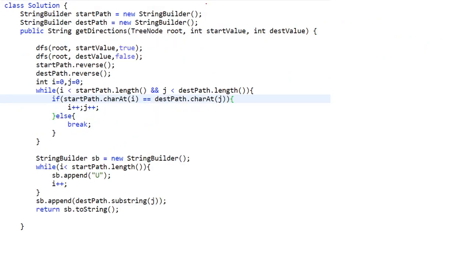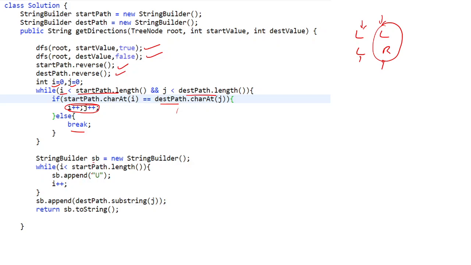Now the path I was talking about. Once you have done DFS for the start one and DFS for the destination one, and you have reversed those to get the values, I have taken 2 pointers, i and j, where i is less than start.length and j is less than destination.length. If both of the characters match, then we'll just do i++ and j++, just like in the previous example. If both of them are the same, we'll move on to the next index. We'll do that until the match is there, and if at any position we do not have a match, we'll just break. And once we break, now we are going to form the actual path.